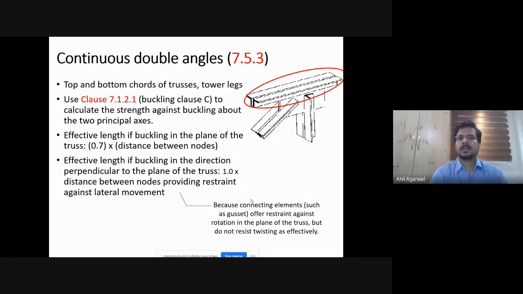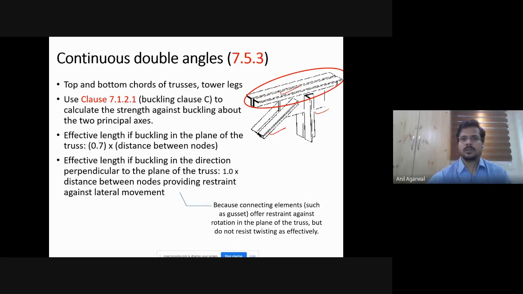So when it is a continuous double angle, most likely it will be on the 2 sides of the gusset plate. If it is discontinuous, it may be on the same side of the gusset plate, but if it is continuous, most likely it will be on the 2 sides of the gusset plate. It's very unlikely that you will have a continuous double angle, that too only on a single side. So continuous, you understand, right? This is the discontinuous one, and this is a continuous one, right? This is also a discontinuous one. So when it is a continuous double angle,